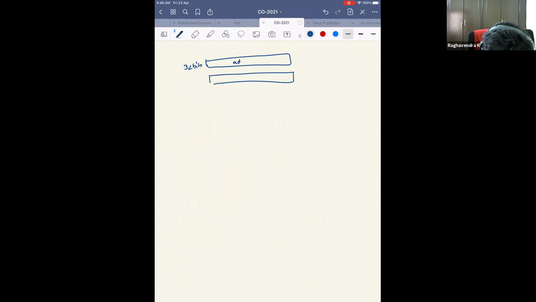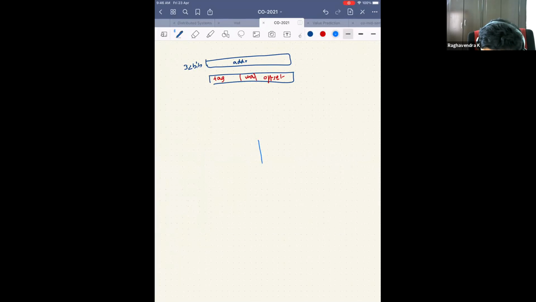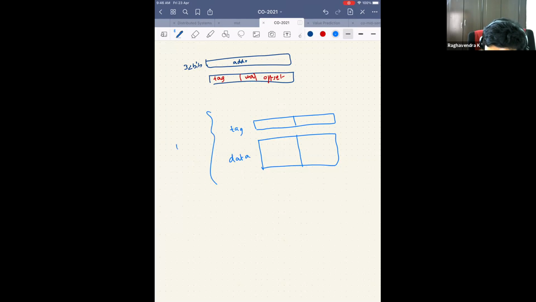Okay. See, your address is 32 bits. Now you have divided it into index, tag, and offset. I hope you are convinced that I cannot have the dirty bit inside this. Is that okay? Yes, sir. Okay. So now, what does the cache have? This is the cache controller. Let's say it has 2 blocks alone. It has the tag array, and this is the data array. This is one cache. I am not worried which cache it is. This is the L1 cache.